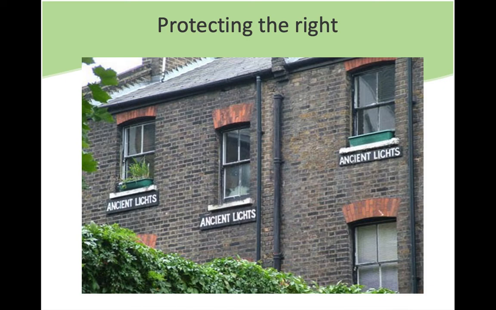Which means that, as somebody who studied rights of light for a long time, just the existence of a building with a window means that they are acquiring that right constantly. They don't need to tell anyone, they don't need to ask anything, they don't need to behave a certain way. Just by the existence of a building and a window, they will acquire that right. The same as the easement of support from another building. Just by having a building that relies on another for support means that after 20 years, that's an acquired right that can't be contested.